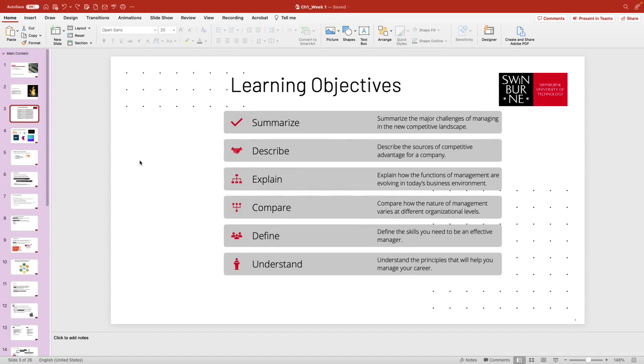Right, what are the learning objectives of the lecture today? To summarize the major challenges of managing in the new competitive landscape. As you know, guys, the title of the unit itself is Contemporary Management Practices. So this unit is a nice combination of some of the traditional theories that managers are using in organizations, and all these theories that academics have developed, and also to look at what and how contemporary organizations' managers are applying